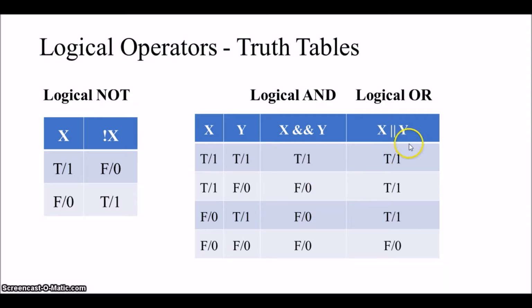Coming to logical OR. Logical OR will give the result as false when both the operands are false. It gives the result as true when either one of the operands is true. When both the operands are true, the logical OR result is true. When it is true false or false true, logical OR will give the result as true. So logical OR gives the result as false only when all the operands are false. If either one operand is true, then OR will result in true. You might have already studied these truth tables in your school days. The same thing holds good here.